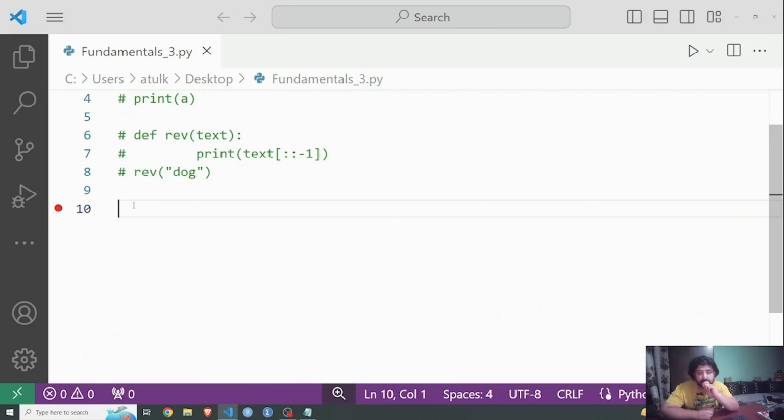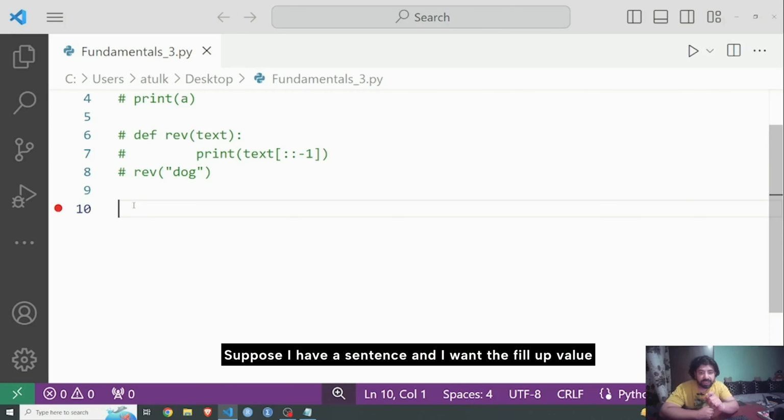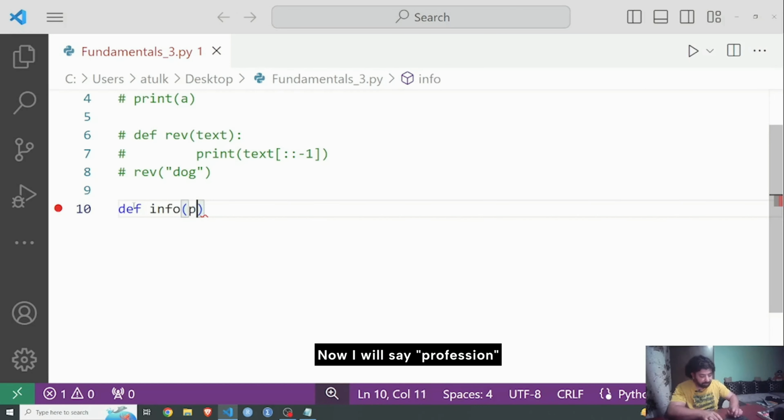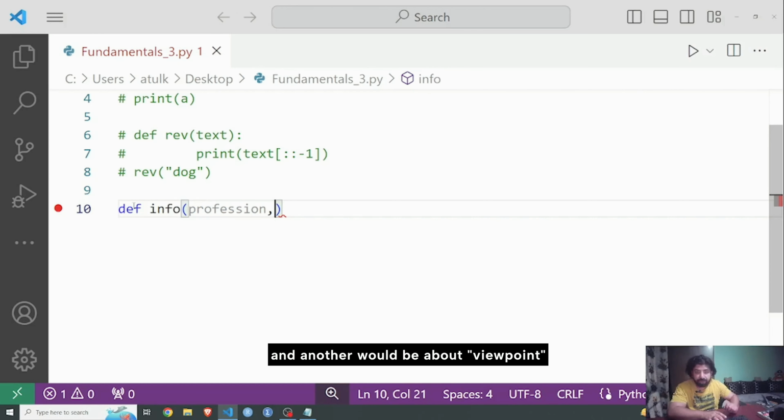Yeah. Suppose I have a sentence and I want the fill-up values coming to it, and those fill-up values I can take from the user or I can define them in my function itself. So let us write that down. So I'll again start a function with def and I'll give it a name. Now I will say profession. So one word would be about profession and another would be about viewpoint. So I just give